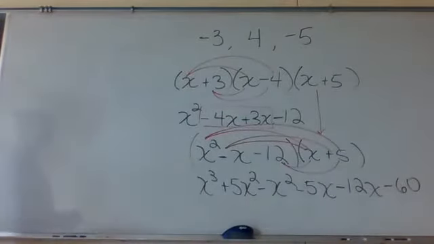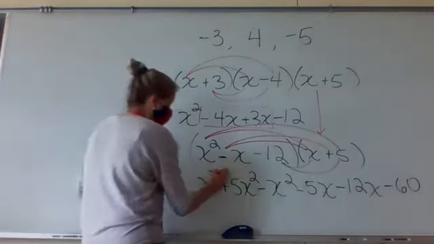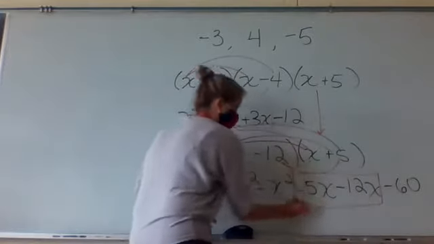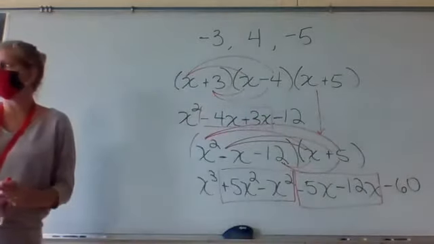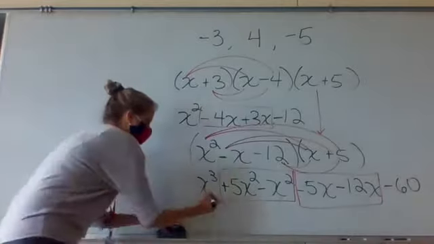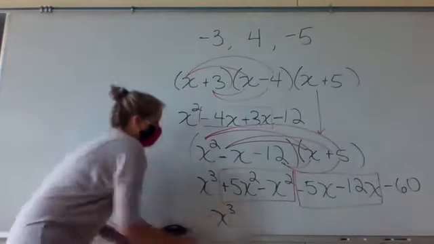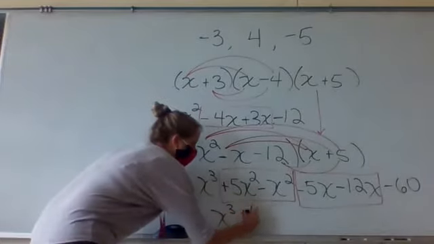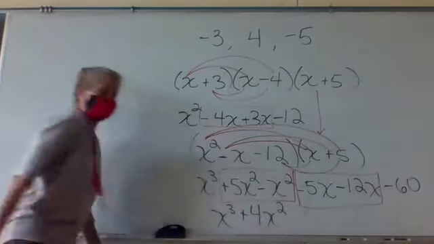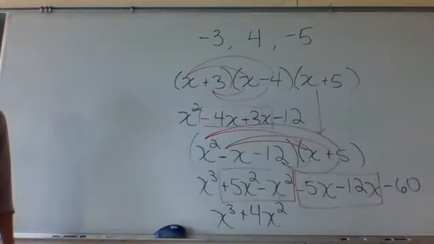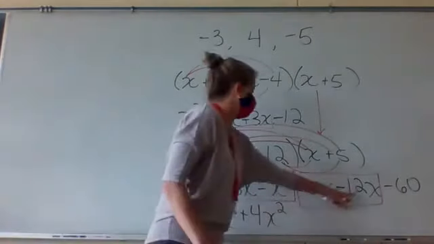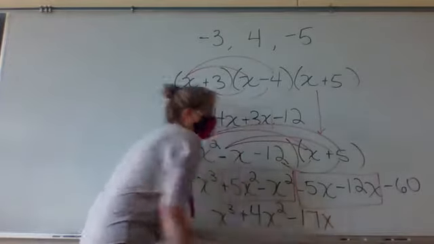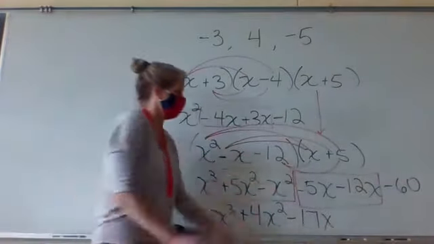And then clean this up. So I can put my x squareds together, and then I can put those x's together. So I'll bring down my x cubed. The x squareds, I've got positive 5 and -1, which gives me positive 4 x squareds. Put your x's together. -5 and -12 gives you -17x. And then drop down your